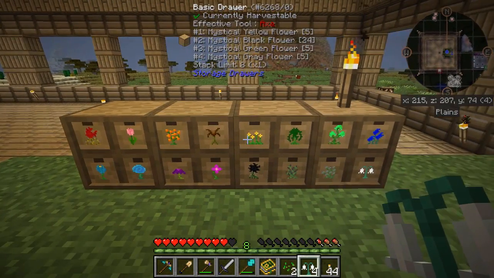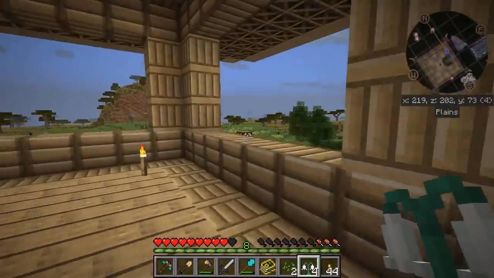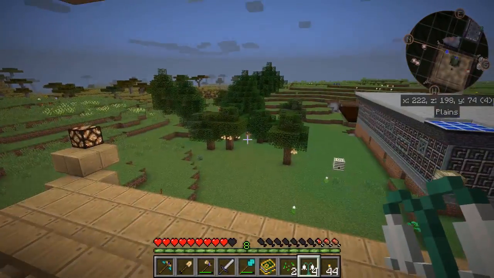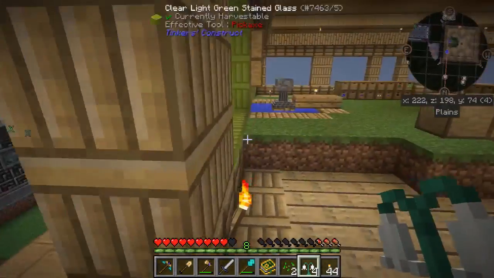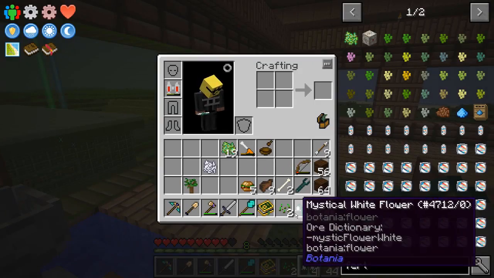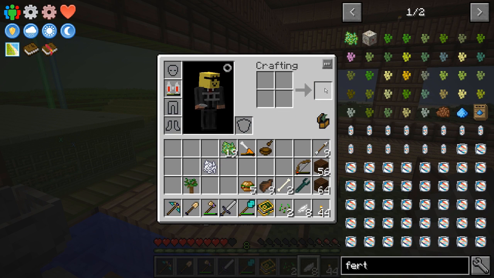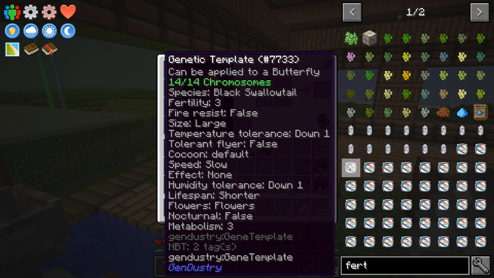Okay, so what that really ended up involving was me going around exploring for mystical flowers and red and yellow flowers so I could make more fertilizer to come up with the white mystical flowers, which I was not finding in the wild. And what that means...